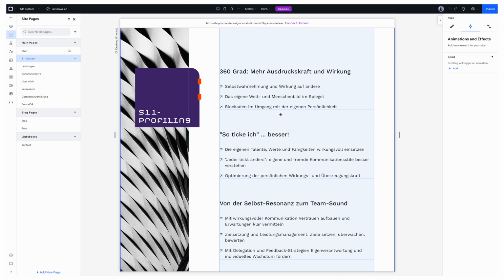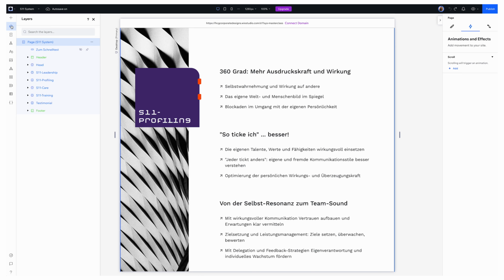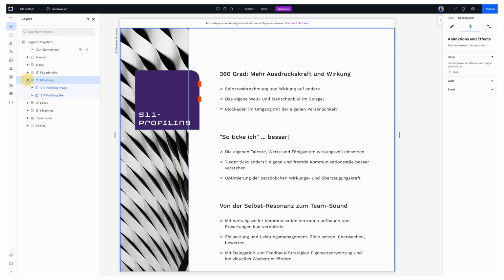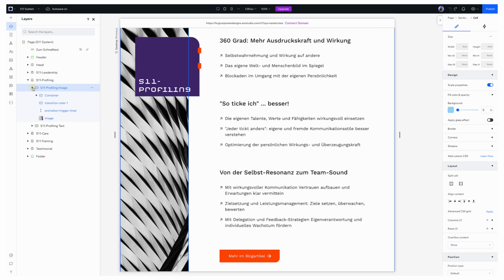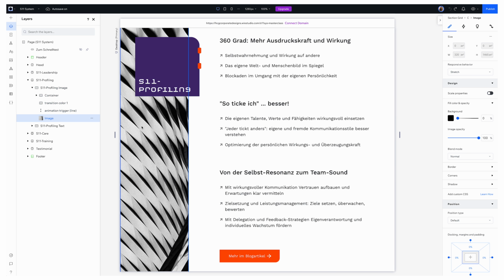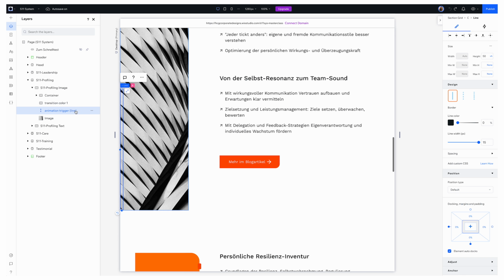Let's briefly check how this is set up in the editor. Going back to the editor, we head to the relevant page, open the Layers panel, and open the section called Self-Profiling. We open the container called Self-Profiling Image and see that we have a container plus a black and white image at the bottom, which we see here on the canvas, an animation trigger line again, and a container called